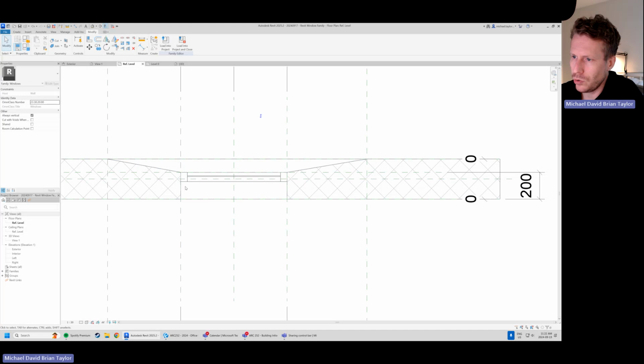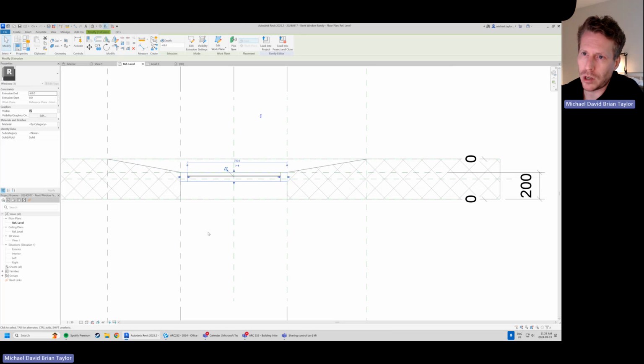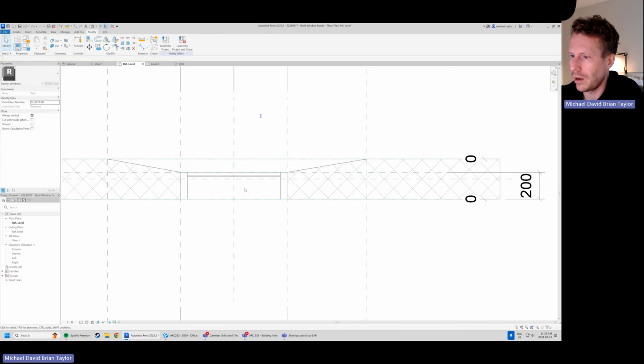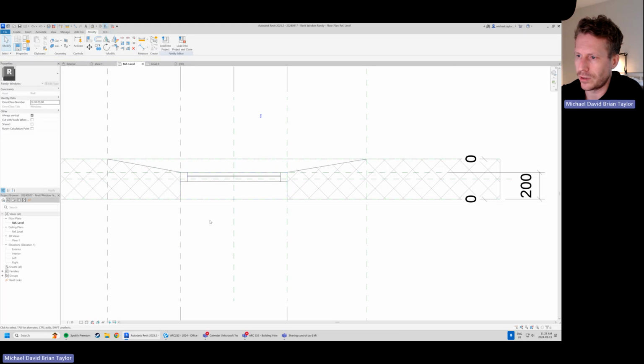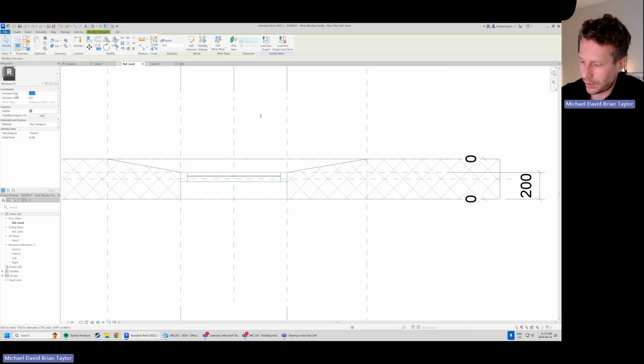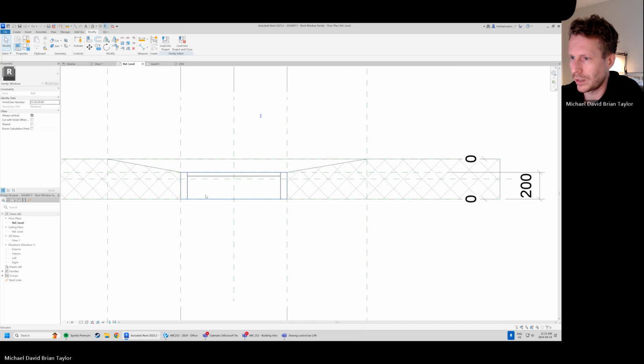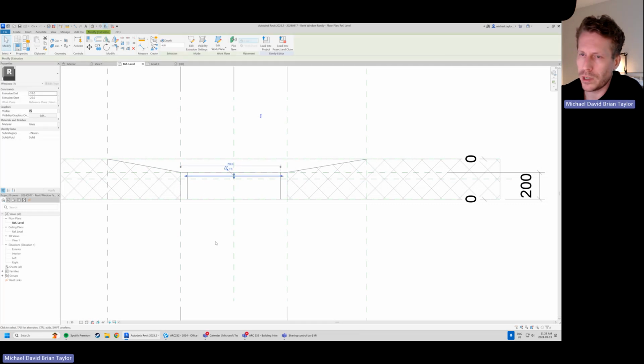Step 1. Step 2 is maybe we want to make this extrusion just a little bit deeper. Let's call it 150. Why don't we even call it 200? We'll give ourselves a little bit of space here. So let's call this negative 200 up in the extrusion end here, and you should see it jump all the way up, and we should be sitting all the way inside at the interior side of our window here. We'll just do that again so we can see it. Negative 69 to negative 200. You can see how that modifies. So it's up to us if we want to modify the location of the overall